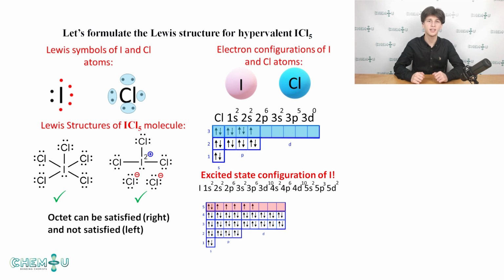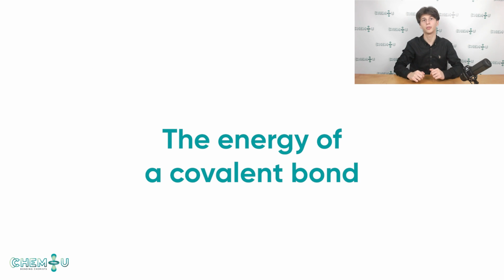As this video is dedicated to the fundamentals of organic chemistry, we will not discuss further the Lewis structures. Of course, there is much more to deal with, for instance 2 electron 3 center bonds, but you will learn it in the inorganic chemistry course. This was just a brief recap of the necessary material that you should have learned during your high school chemistry classes. The last topic for today is the energy of a covalent bond.